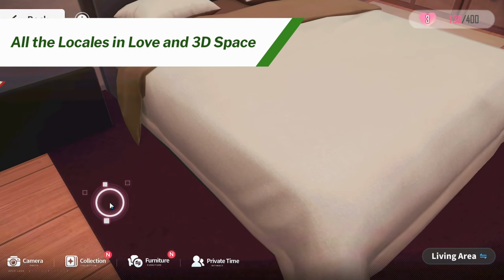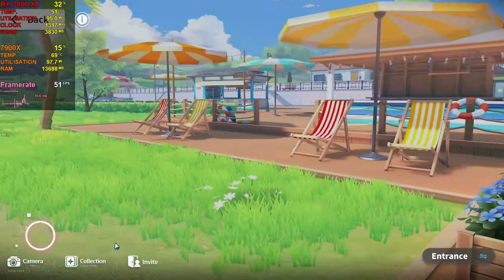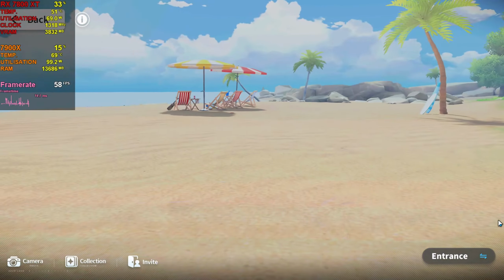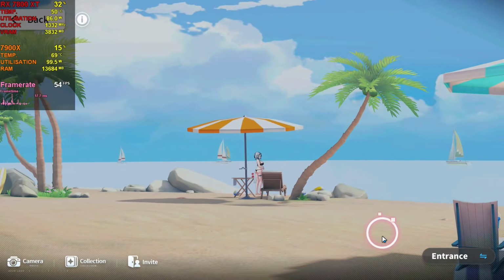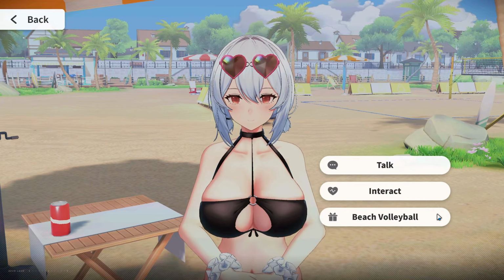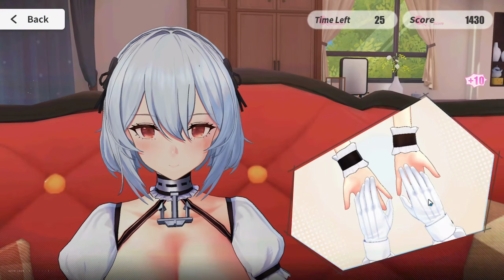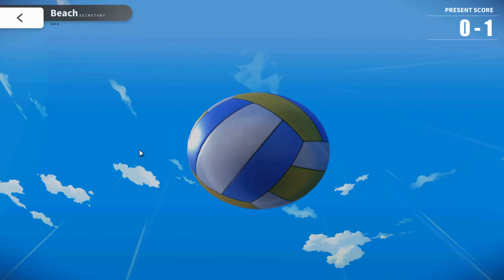There are two locales to play around with right now, the dorm room and the beach. While the beach certainly feels larger, there's a lot less to do around there, and invisible walls will catch you out. Probably best to stay around Un-Sirius in her swimsuit. Each location allows you to play a different minigame. The dorm room has whatever the hell this is, while the beach has a volleyball minigame which...